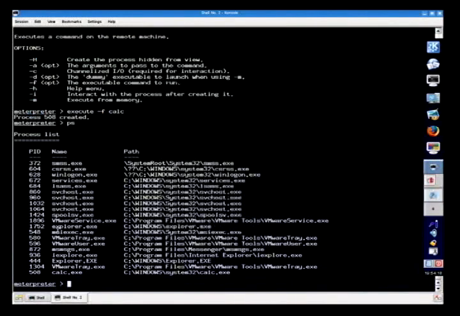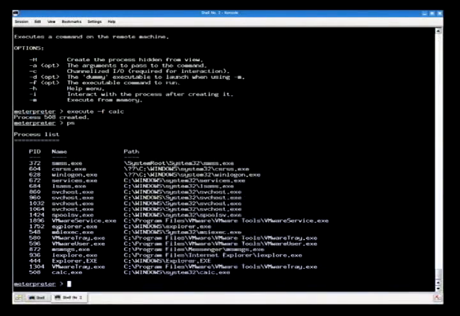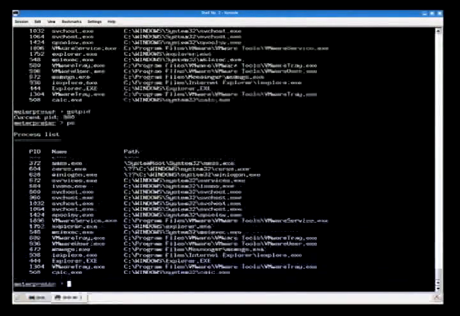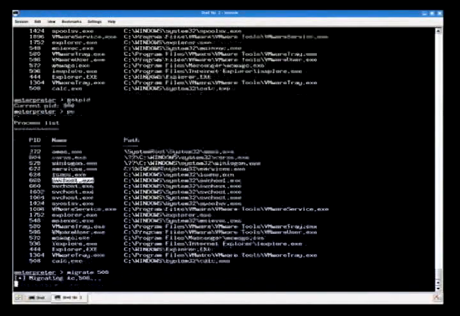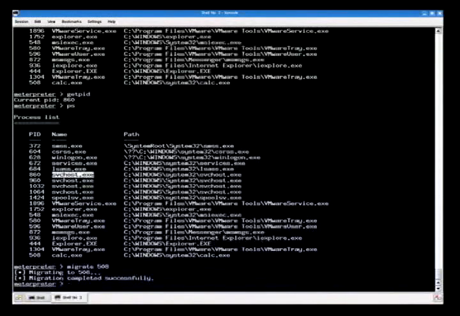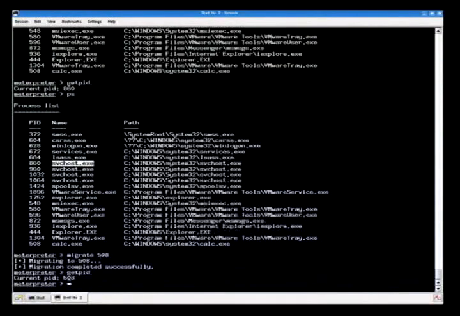But so calc.exe, and say we're popping something like your WMF, you want to migrate to this other process. So first you do getpid, figure out where you are, 860, we're still inside service host. Let's migrate ourselves into the calculator process. So migrate into 508. Takes a second, it has to duplicate the socket handle into it, copy all the code into it, reinitialize the crypto state if there is one. You can do built-in crypto with Meterpreter as well, but the staging isn't encrypted yet, so it doesn't really buy you much. Now if you do getpid, we're actually running from inside pid 508,